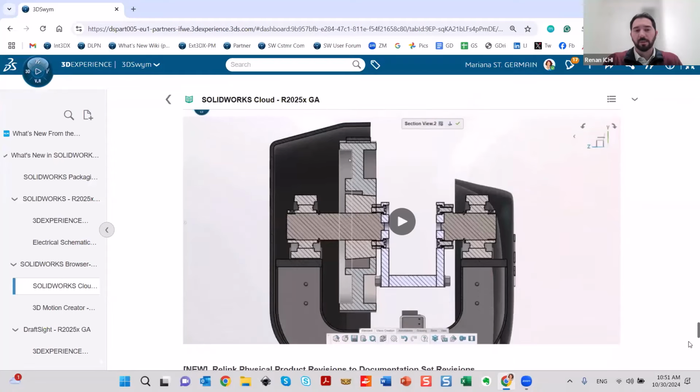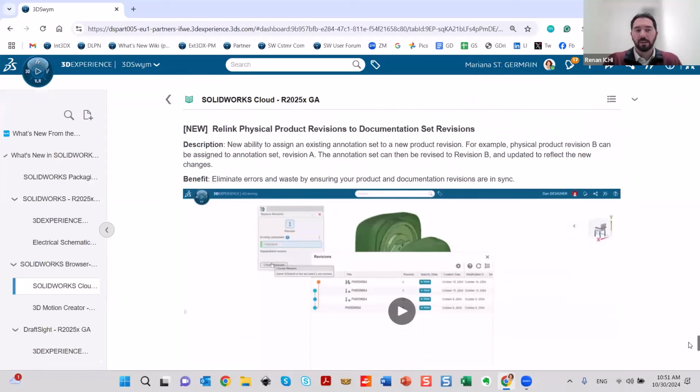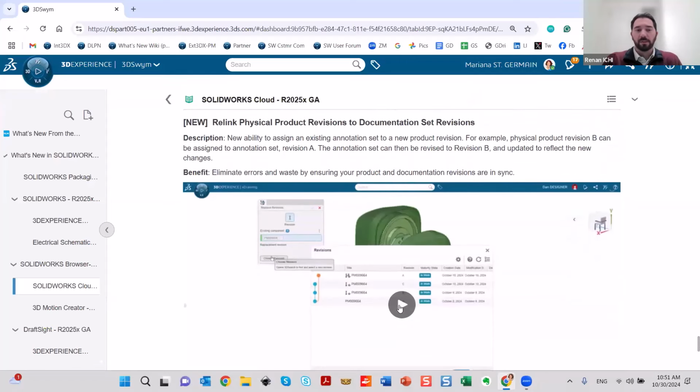And the last enhancement that we have was on the data management side. So we've added basically a replace component or a replace revision option directly within xDrawing. And this is extremely useful because right now you do not have the link between your annotation set and your physical product. So if you revise your annotation set today from A to B, your physical product would still remain at A. And what this allows you to do is basically go into your revision B, and you can play